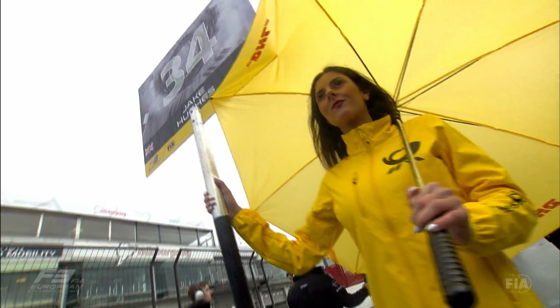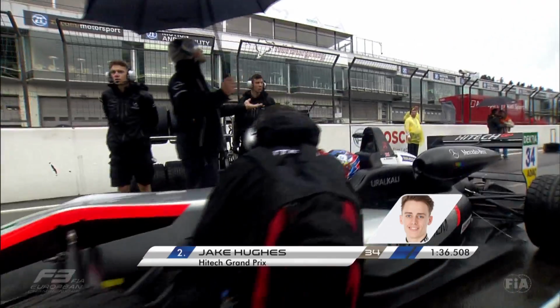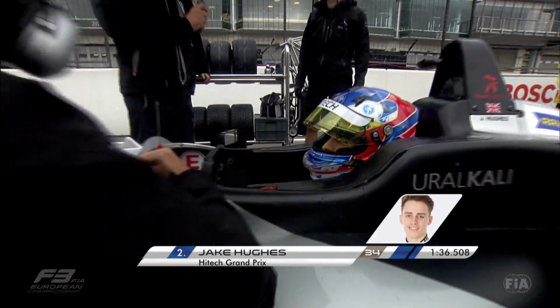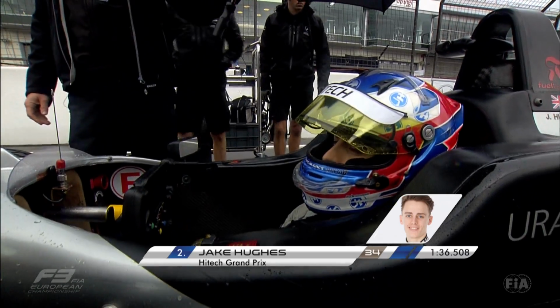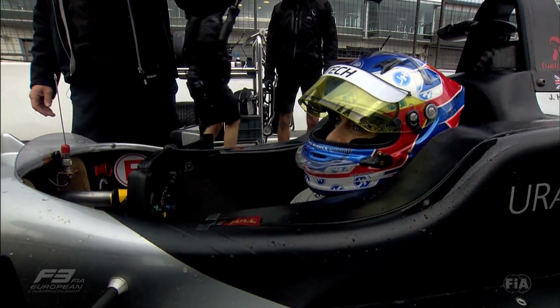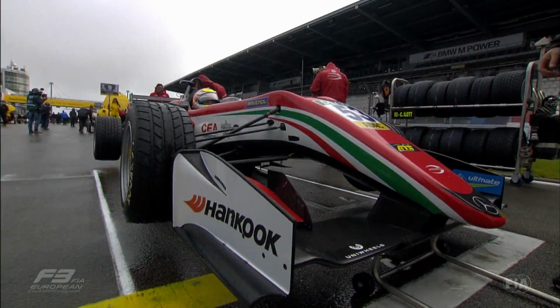than the P2 driver, which was Jake Hughes, who we can see on camera now. Jake Hughes for High-Tech GP, then going from P2 on the grid. And the front row start is going to be critical in this race. The reason being the spray that will come off all the cars, which of course people like Callum Eilert and